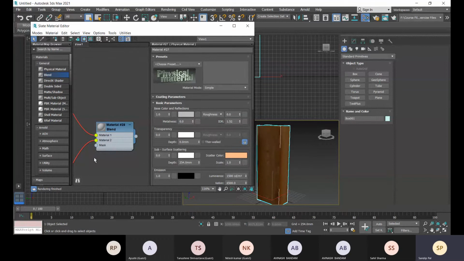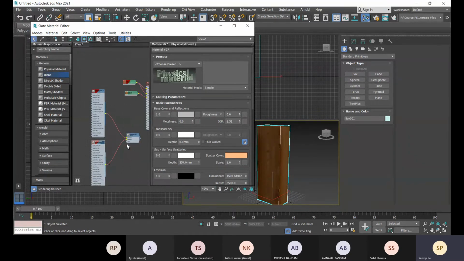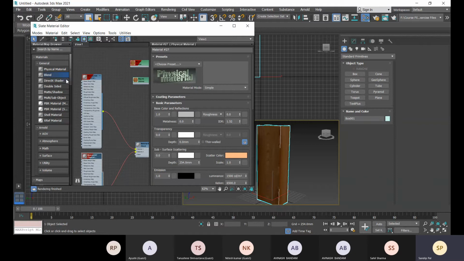Okay, so that you can mix, like if you want to have a mixed metal, or any mixed object material, you can create it with this blend option. Okay, so for the same kind of effect, let me show you with this multi sub object.